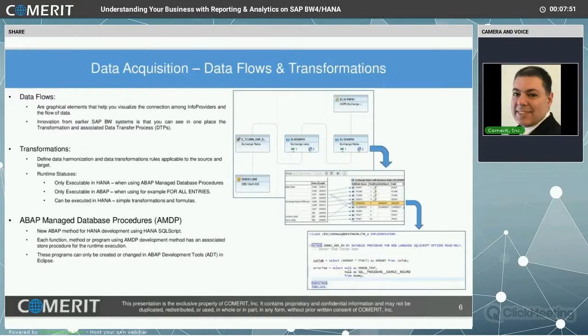That transformation is where you define the rules for harmonization, and it depends on the source. These rules for the transformations are defined depending on your source of the data and the target which is receiving that data. These rules that you may define may be complex rules, may be simple rules, but depending on them, you can